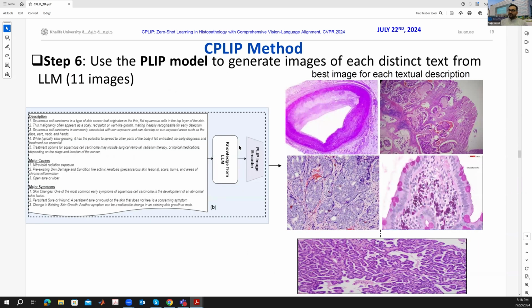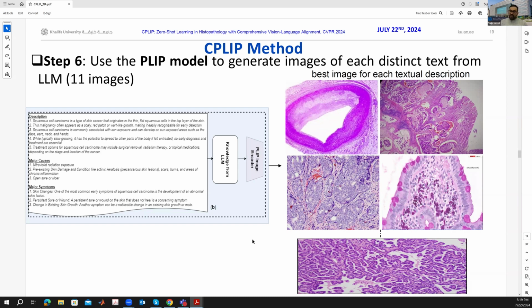In the second step, we further ask our PLIP image encoder to pull out the best match image for each textual description, which we recently pulled out by using the knowledge from the LLM. For example, squamous cell carcinoma is a type of skin cancer that originates in the thin flat squamous cells in the top layer of the skin. We feed this textual description to the PLIP text encoder. We compute the embedding, and then that embedding is matched with the PLIP image encoder embeddings. So here you can see that a couple of best match images for each textual description are pulled out using